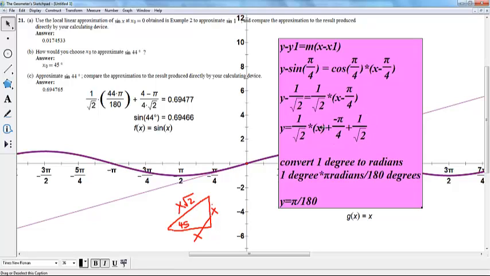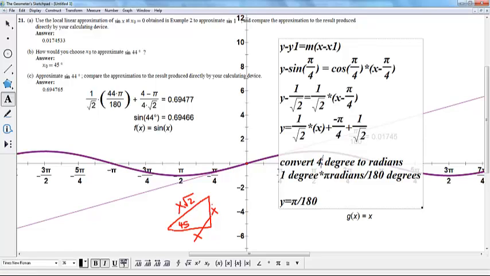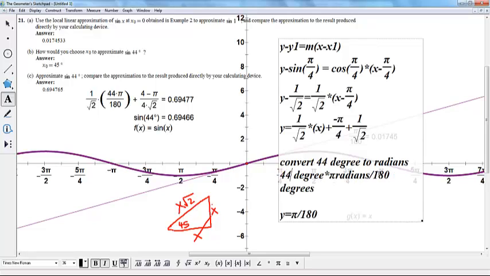Now the last thing we need to do is recall that x is given in degrees, but we want to convert it to radians. So before we converted 1 degree to radians. This time we want to convert 44 degrees to radians. So I just multiply 44 degrees times pi divided by 180. And